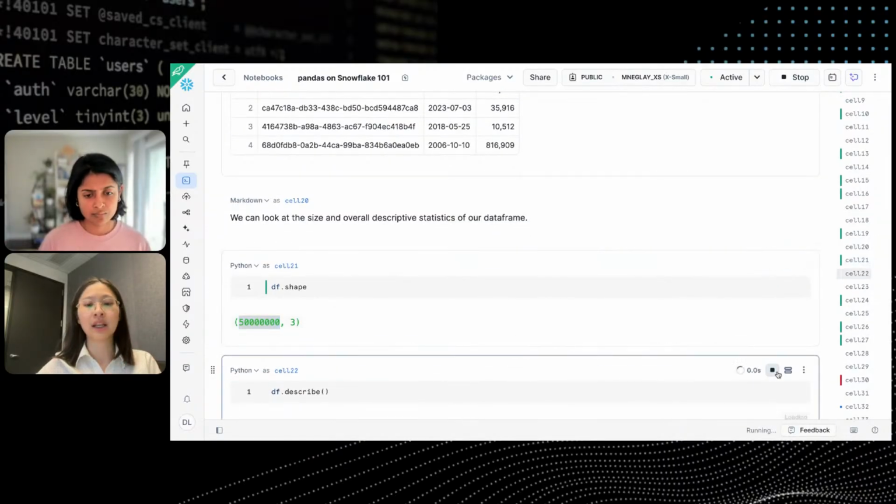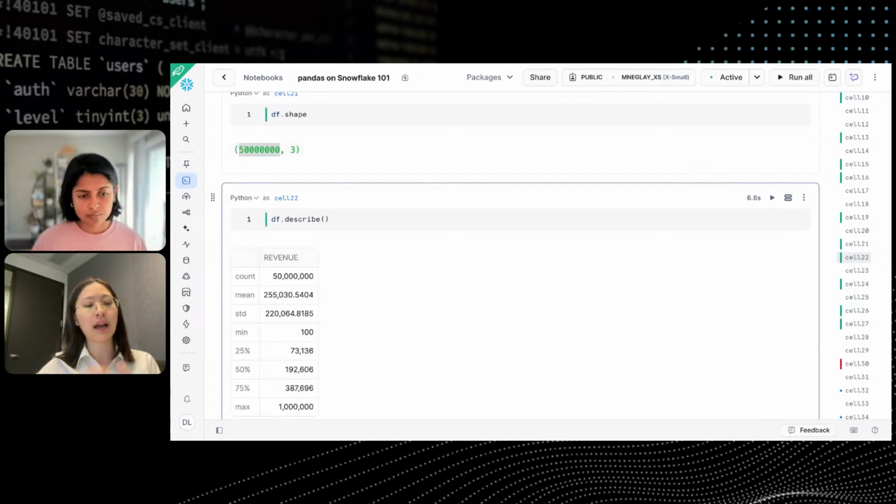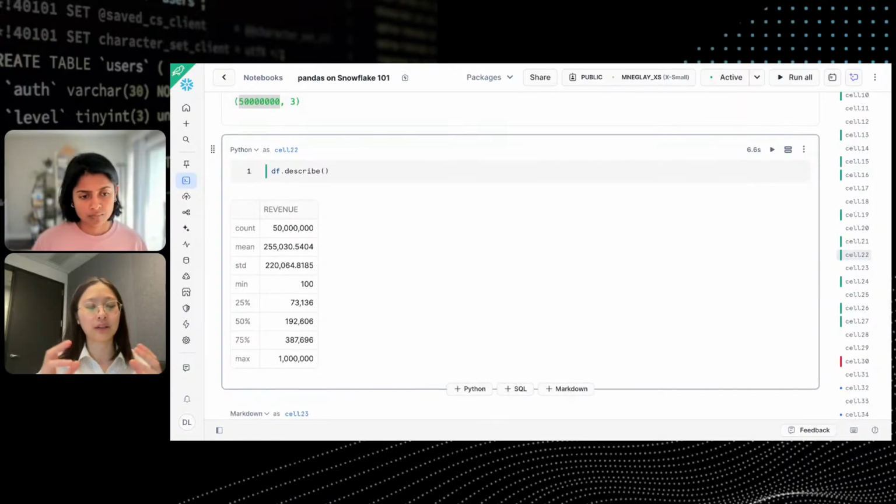I can also run df.describe. Describe is a really easy way for you to get an overview of the summary statistics in your data. I usually like to run a df.describe when I ingest new data or I'm working with a new table, just to get an overview of what my tables look like. With df.describe, I have one column that is quantitative in this data set. It's the revenue column, and it tells me the min, max, percentiles, and so on. So this is a really useful way. Instead of me having to write 10 different queries to calculate all of these statistics,